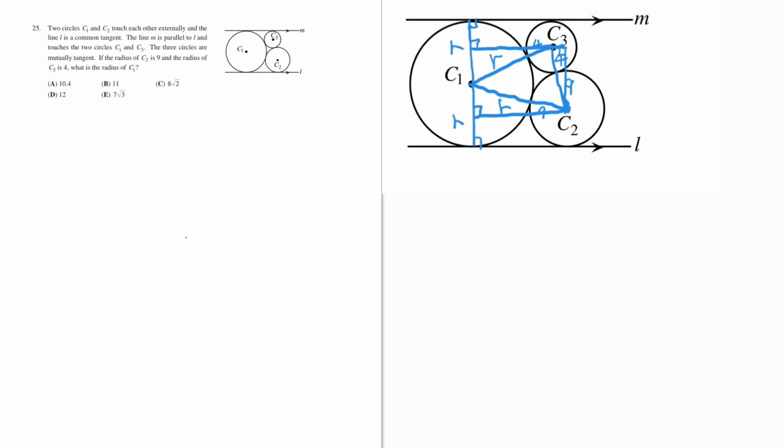We first find this line, the right line from C2 perpendicular to the other side. The hypotenuse is r plus 9, and the other leg is r minus 9, because from the C2 center to the bottom is 9. This is a rectangle, so here is 9 too. Now we can find this line using the Pythagorean theorem. If we call it x,